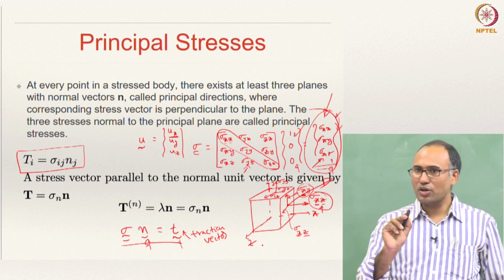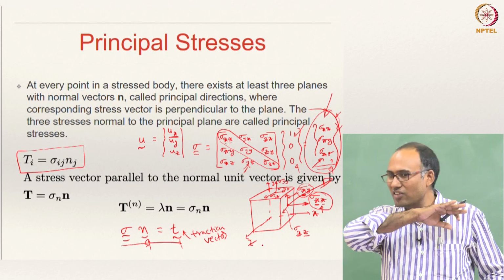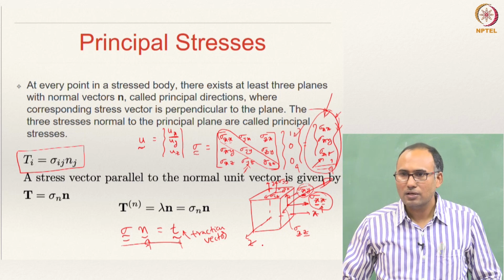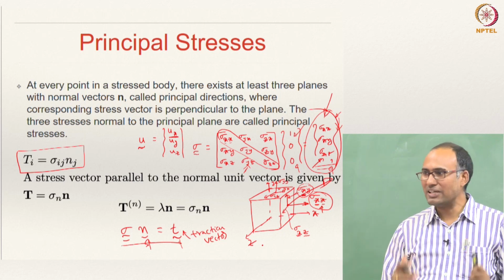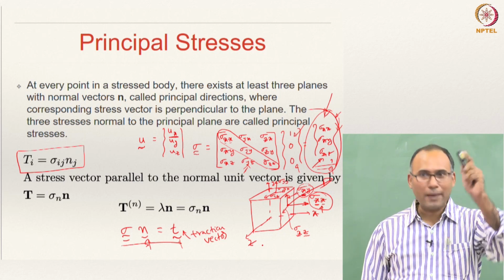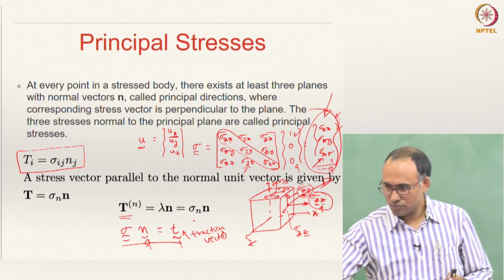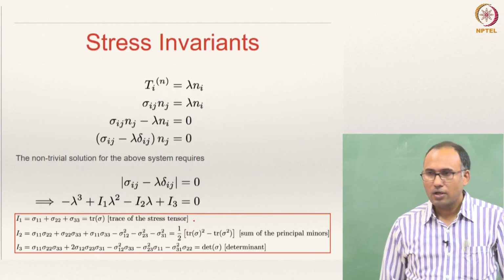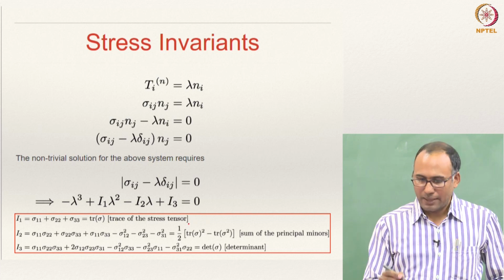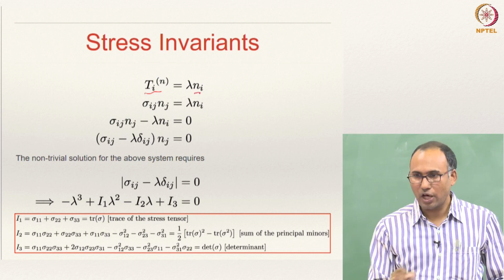So if the direction of the resultant traction vector is in the same direction as my normal, then on that plane I will not have shear stresses, right? So such a plane is called what? Principal stress plane, right? So now mathematically I can describe, if that happens to be my principal stress plane, then I can write my T, that is the traction, such that its direction is the same as the direction of the normal, right?